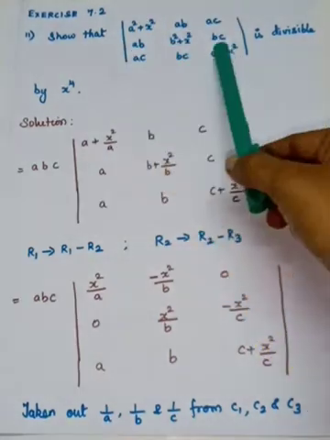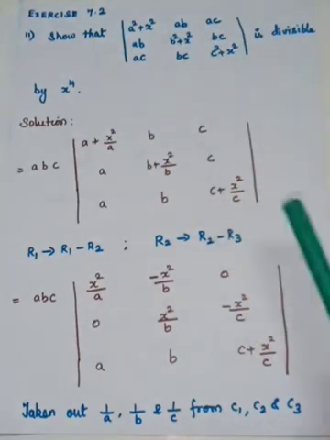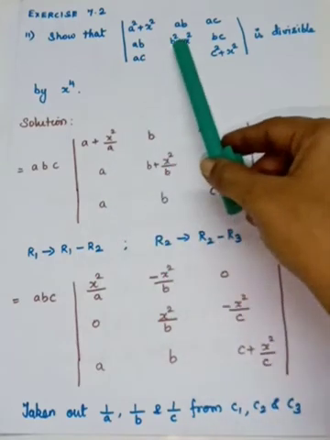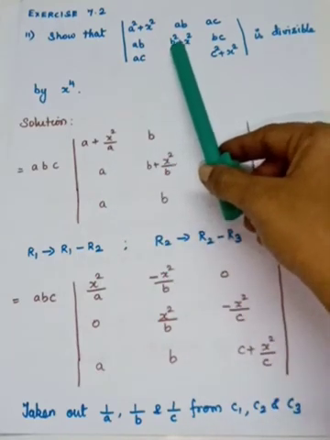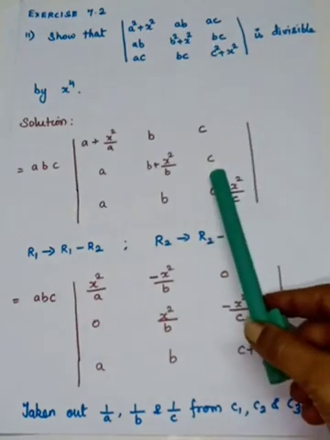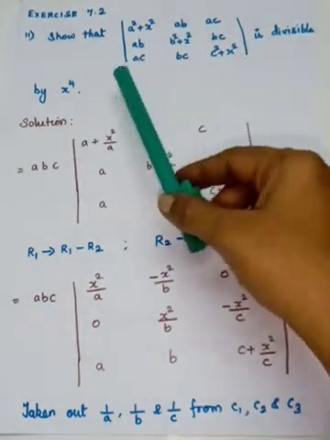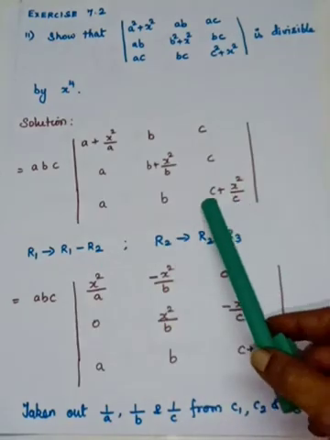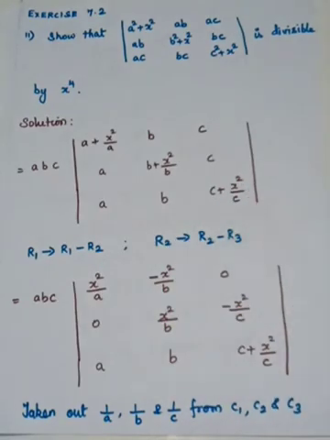From R2, you are going to take b. So here you will have a. From b², if you take b out, it is b plus x² by b. From here, it is c. And from R3, if you take c out, it is a, b, c plus x² by c. Okay, if we expand, the terms will be lengthy. So therefore, we have to do some transformation to make the entries simple.